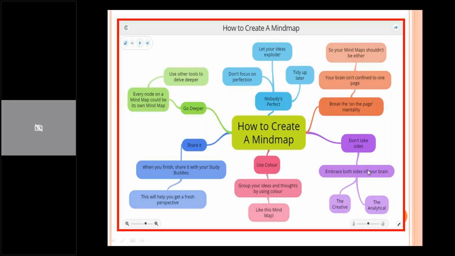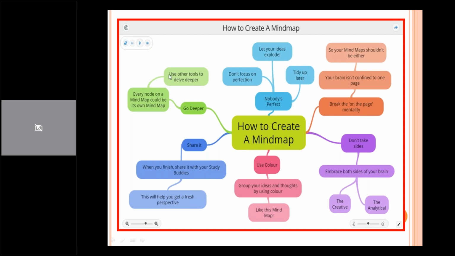And when you're using mind map, please understand, students, left brain and right brain both should be utilized to make use of mind map. So your mind map should embrace the analytical skill and also the creative skills. And don't worry about the perfection. When you start working on a mind map, you keep on working on that. So once you started working, you'll get a lot of new ideas. You can always keep on trying to make it better in the days to come.